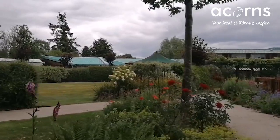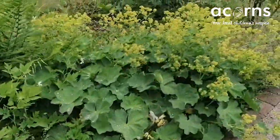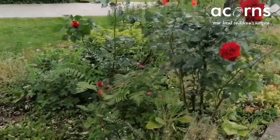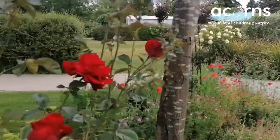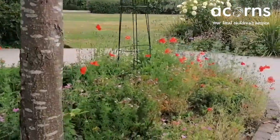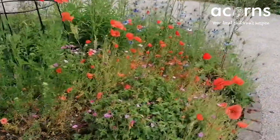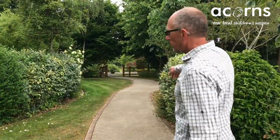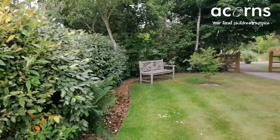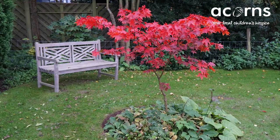Yeah, it's more ferns, geraniums and roses. This one has started to thrive again this year. Lovely red rose. I'm not sure what variety that is. Once again, these poppies and the love-in-a-mist have just found their way in here, along with the aquilegias, which I've planted lots of. And down the bottom there, you can see, is the Japanese maple. Yeah, this is one of my favourites. It's probably my favourite Japanese maple because it has a good form and it has probably the strongest red,